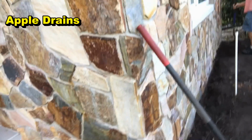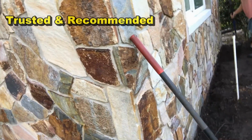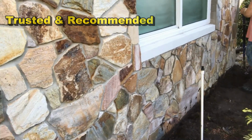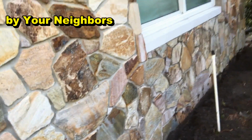So what we're going to do, just like any other exterior waterproofing, we're going to dig down to the footer. We're going to clean all that off. We will go ahead and seal the footer with liquid rubber, put in gravel and perforated pipe. We may use some Easy Flow as well. And then we'll come all the way around,